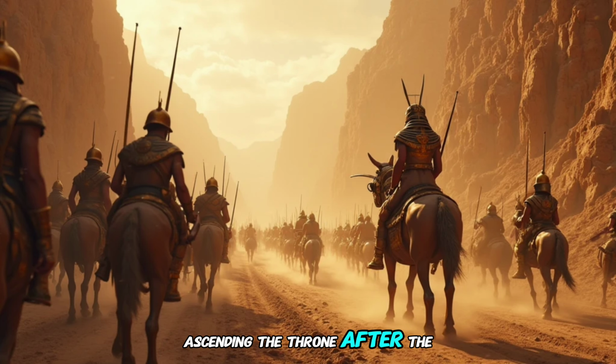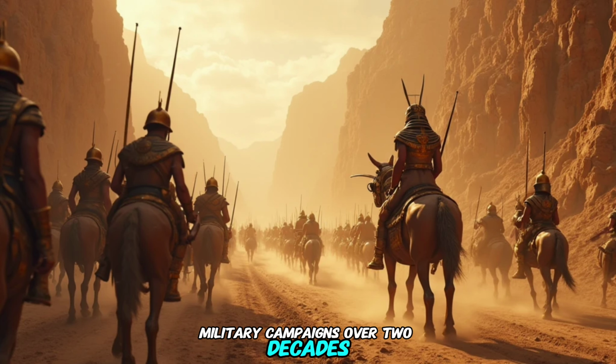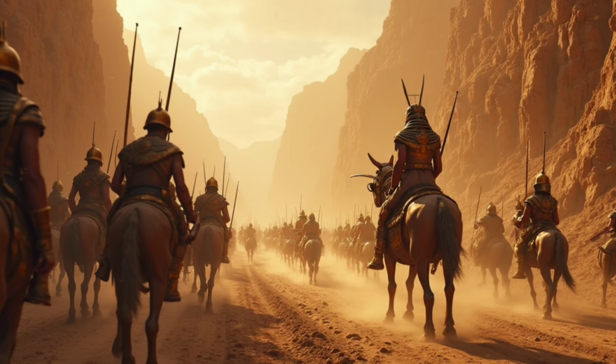Ascending the throne after the passing of Hatshepsut, he conducted a staggering 17 military campaigns over 2 decades, consolidating Egyptian control from Nubia in the south to Mesopotamia in the northeast. One of his most celebrated triumphs came at the historic Battle of Megiddo. Faced with a powerful alliance of rebellious Canaanite rulers,